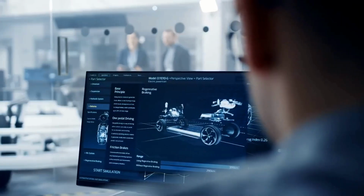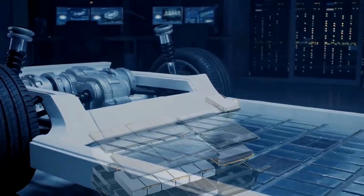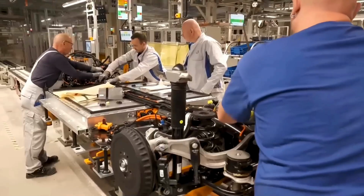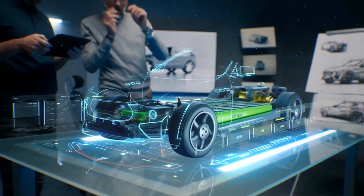Have you ever wondered what powers an electric vehicle and gives it the ability to drive miles on end without a drop of gasoline? The answer lies in its heart, the EV battery. But did you know that this power source isn't just a single battery, but a whole system packed with cutting-edge